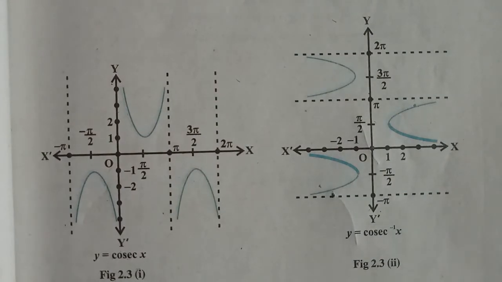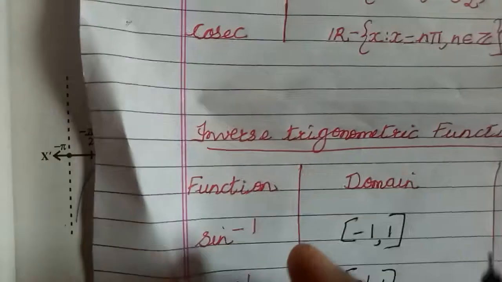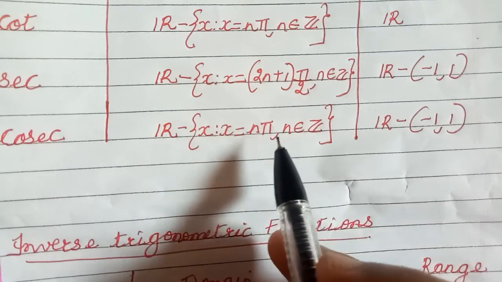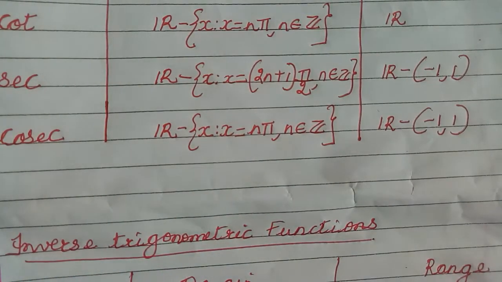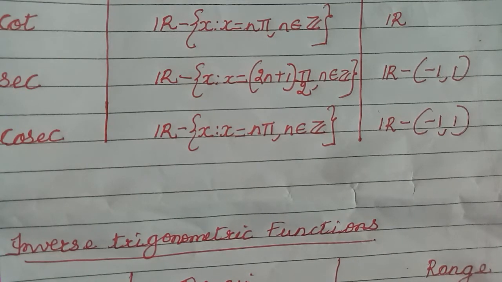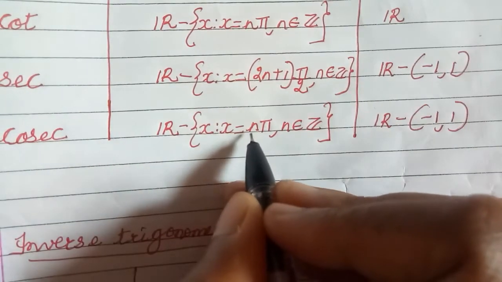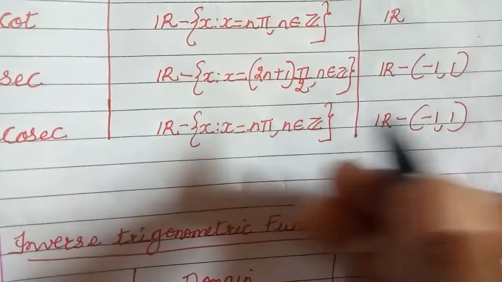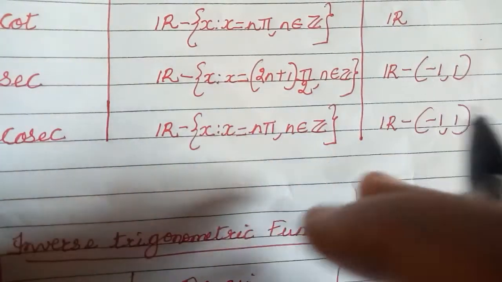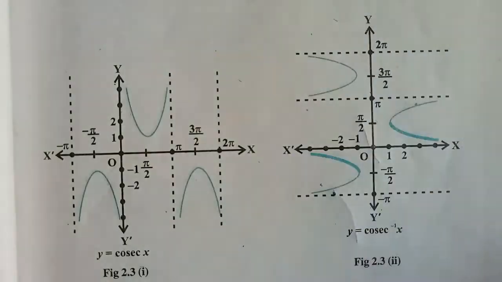Now the definition of cosec is the collection of all x such that x is not equal to n pi, such numbers are removed. Why? Because, children, cosec is equal to 1 upon sine, and wherever the denominator is 0, that point should be removed. Those 0 points are at multiples of pi, because sine of any multiple of pi is 0. So I am going to remove all that, and the problematic points are removed.